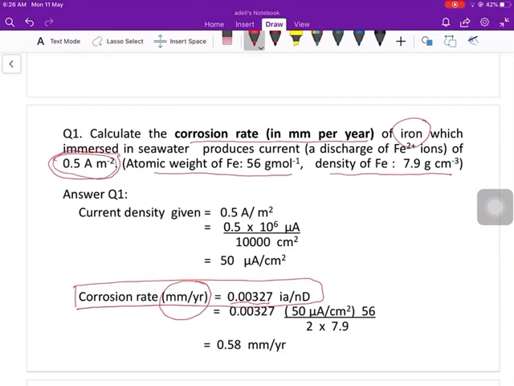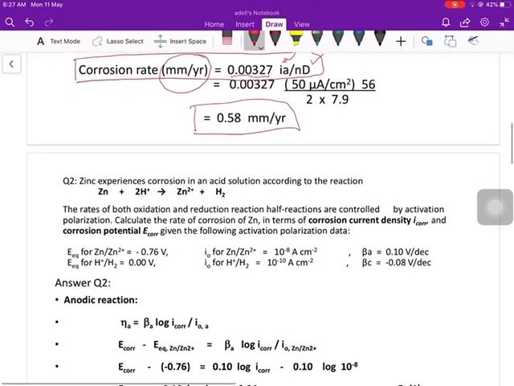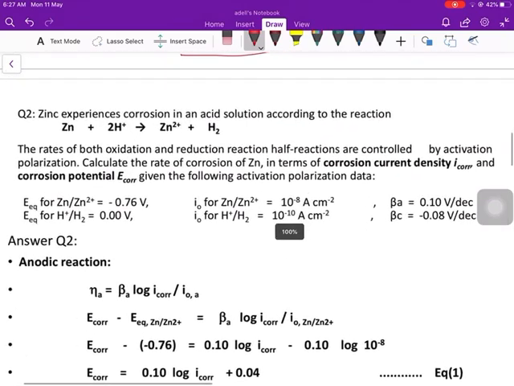This is the constant. Alright, so after that you must know how to convert this current density, which is given in ampere per meter square. In order to use this equation, the current density must be in microampere per cm square. So you convert from ampere per meter square to microampere per cm square. Then you insert this current density value into the equation, and the answer is 0.58 millimeter